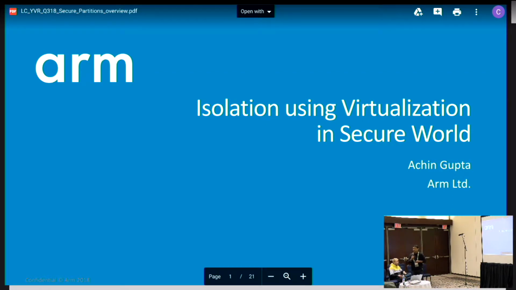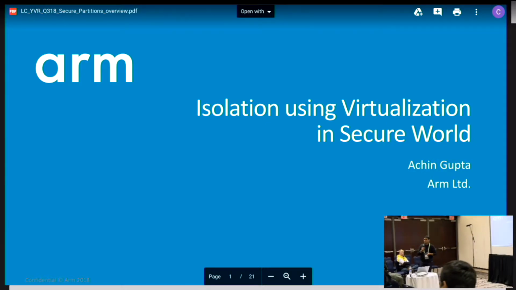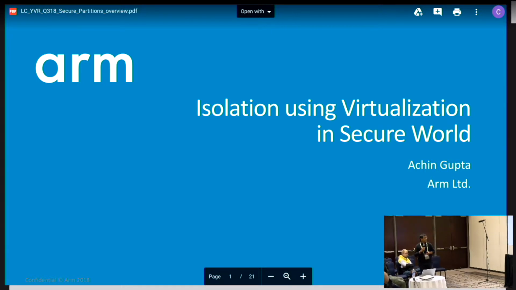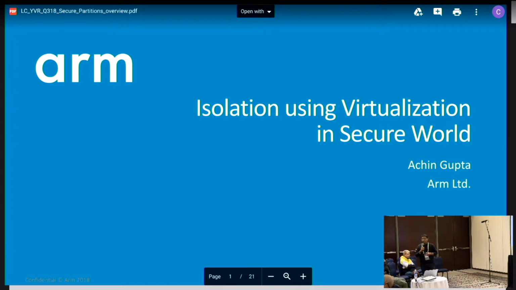I work for the Architecture and Technology Group in Arm, for a team that's responsible for software standards for the Arm system architecture. Today, I'll be talking about virtualization extensions that have been added to the secure state in Arm v8.4. I have with me my colleague Jean-Paul Etienne. We are working on this project together, and would be happy to take any questions at the end of the